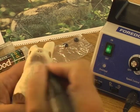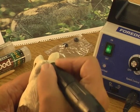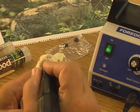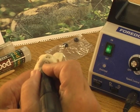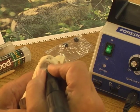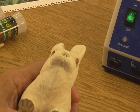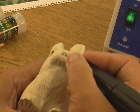And now I have my 2 nose holes in there. Now I'll change my bits and I'll do the sweeps from the nostrils. I'll do the sulcus, which is that little depressed area, down to the jaw, and then I'll cut in the jaw line itself. Now that I've established the nostril holes, I want to provide those sweeps that come away from